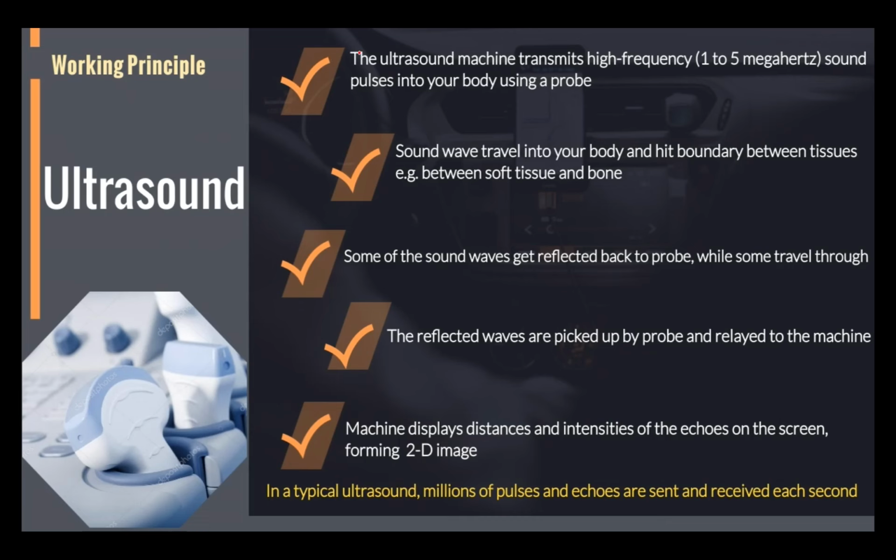The first thing is the ultrasound machine. Initially it will transmit high frequency sound. As I already told, ultrasound is high frequency sound, most probably in the range of 2 to 20 megahertz. In most cases it is 1 to 5, but if you go beyond 5 also, you get a good image. First I'm going to pass a high frequency sound into the body. How do we pass it? By using a transducer probe. So this is the transducer probe here. By using the transducer probe, first I'm going to pass high frequency sound.